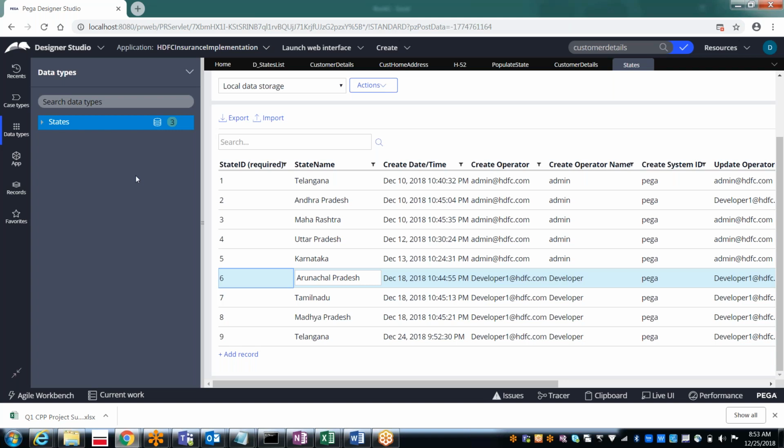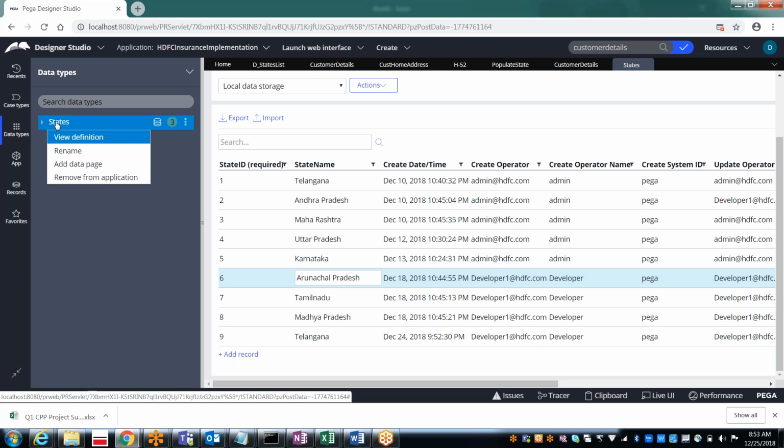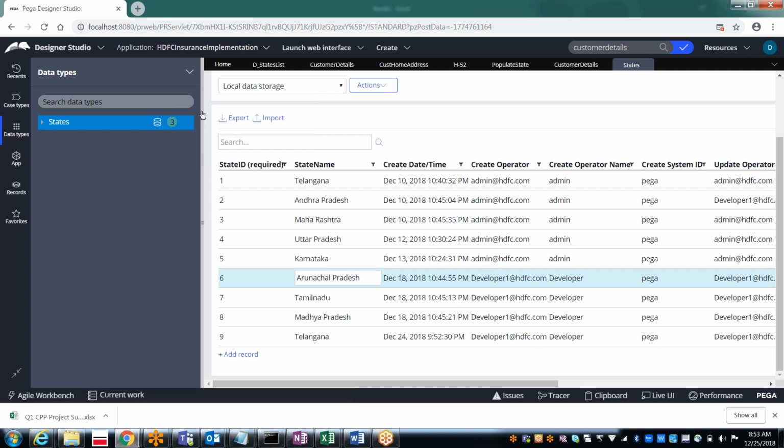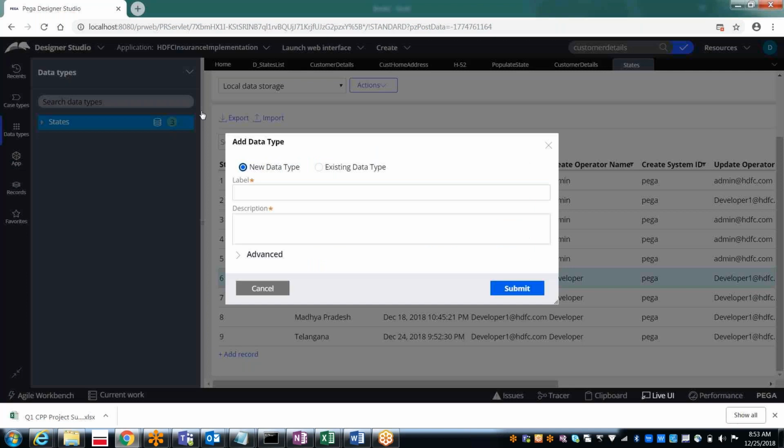So how can we create a new data type? Here we have something called add data type. New data type, give the label.